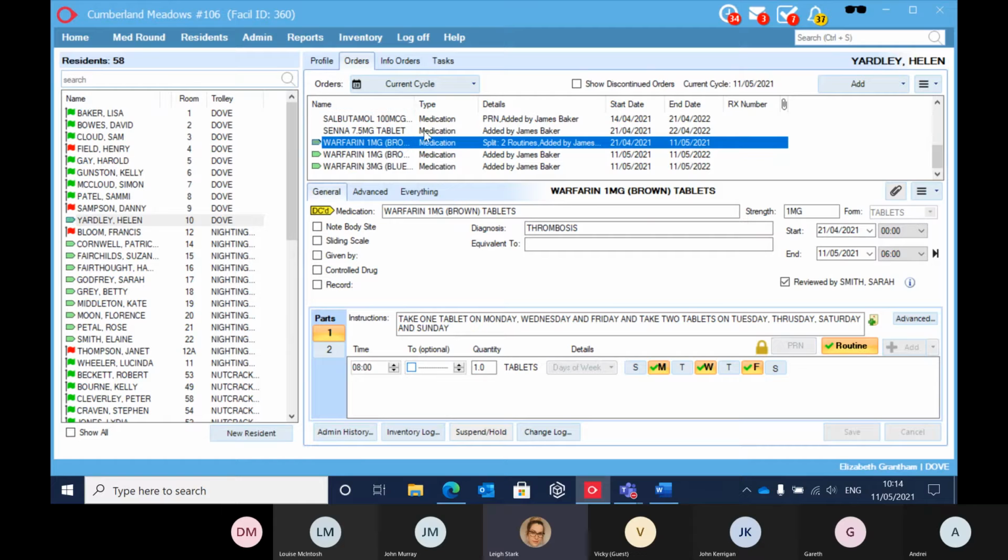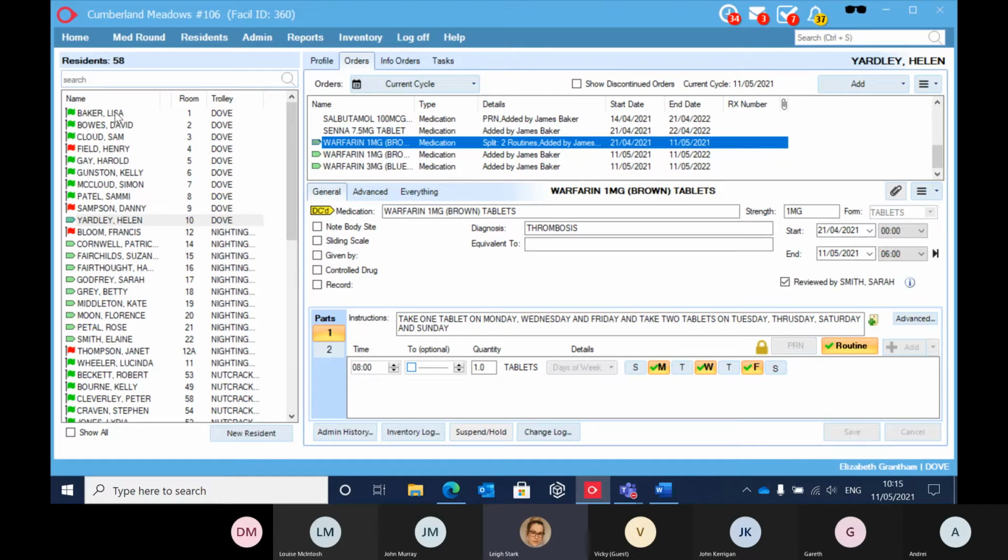drop out of her current list of medications, and it will drop into the background. So you can still access it if you need to get access to it, if the doctor's asking or for whatever reason. Once it's dropped into the background, you would use this show discontinued orders tick box. So that's your discontinued. There's another coloured tab, which we'll cover later on when we suspend medication, but we'll cover